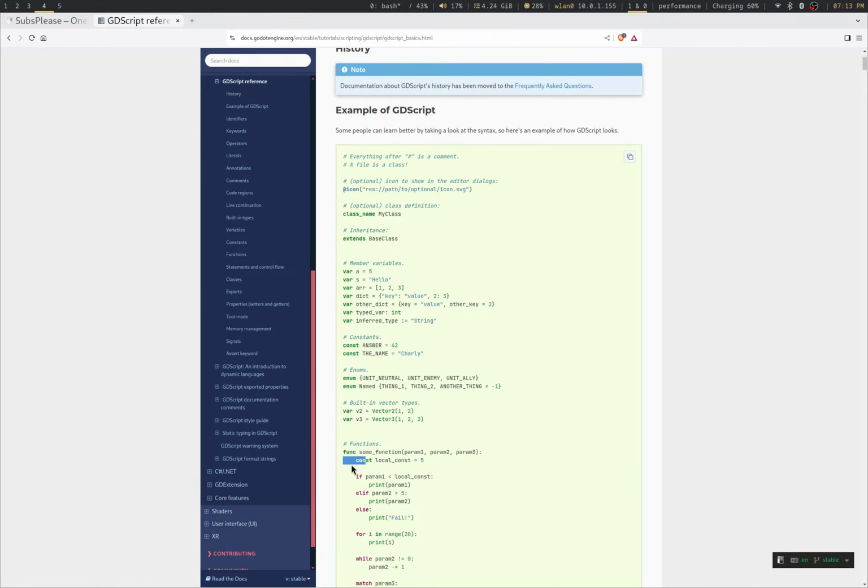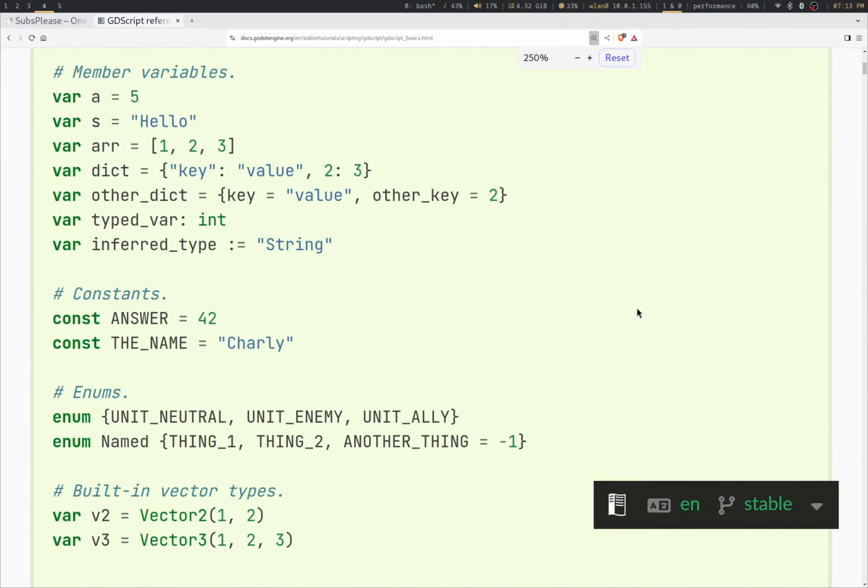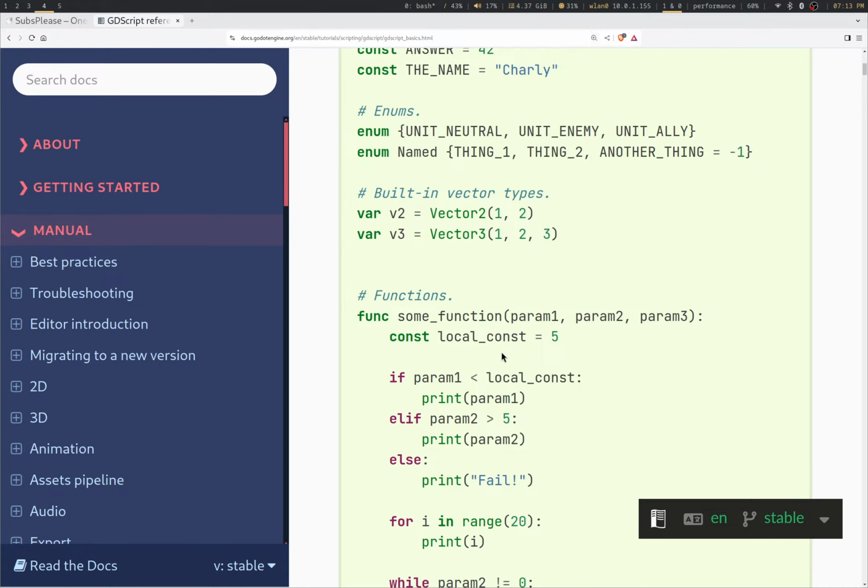Oh my god, white space to denote scope. God, just give me curly braces, please. I'll zoom in so you can all read this. I know a lot of people learn Python now as their first language. I like braces. I think braces are good.